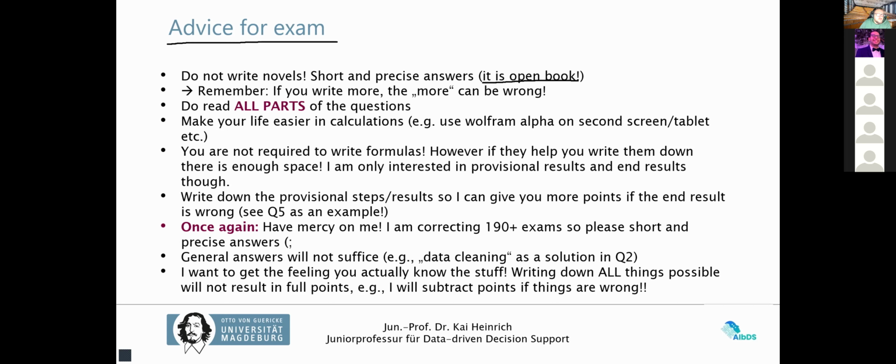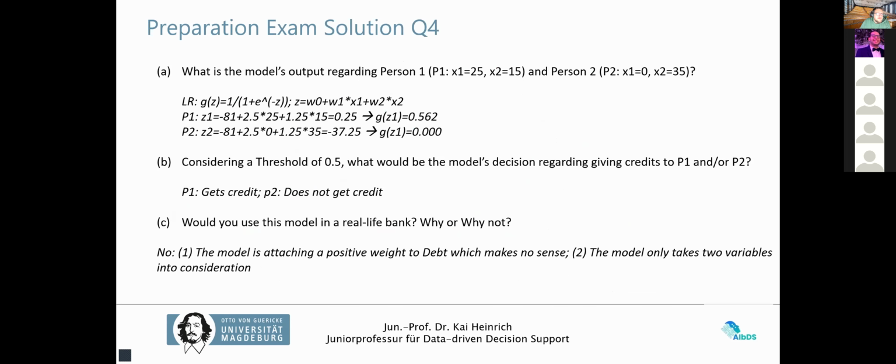So you're not required to write formulas, right? However, if they help you, write them down, like this was the example right here. You're not required to write these, but you can write them down. If you have nothing else, I have something to give you points. Like you have to imagine this. I'm correcting your exam, and you write down,